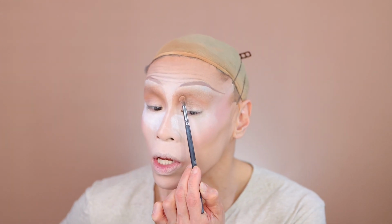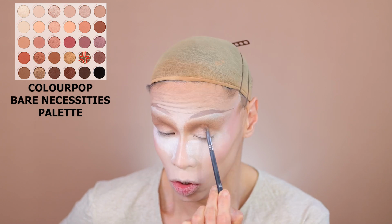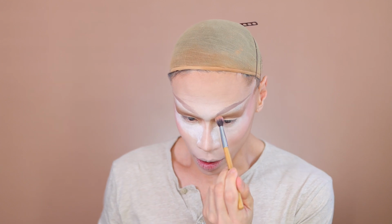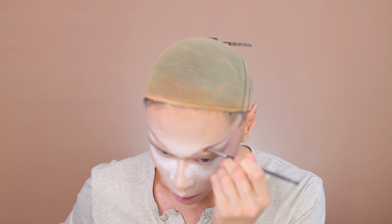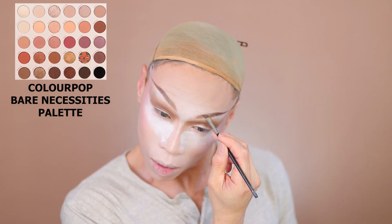Now I'm going to get the even darker shade. Taboo, a little bit of Taboo, just to... So much for natural looking. Just going to make sure it's all blended into the brow using Hot Gossip. And I'm going to fill in the brow with Taboo, the darkest shade. Now I'm going to go in with my tattoo liner, Mad Max Brown, to try to draw in some individual hairs. Not the best at this, but...